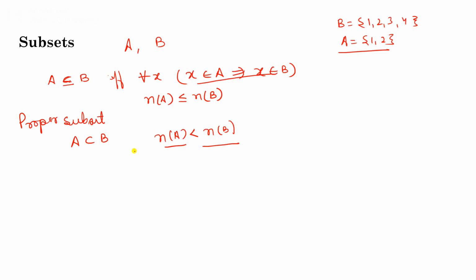Now, two subsets are very common. Number one is phi. We say that phi is a subset of each set. You can say phi is a subset of A as well as phi is a subset of B. So phi is a subset of every set, and second, a set is a subset of itself. So you can say A is a subset of A, B is a subset of B. So every set is a subset of itself. In this way, we can define a subset and proper subset.